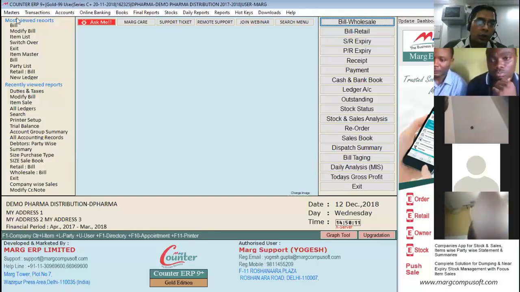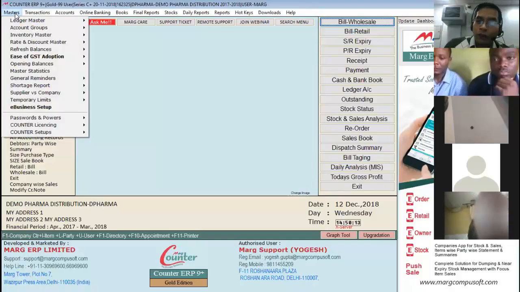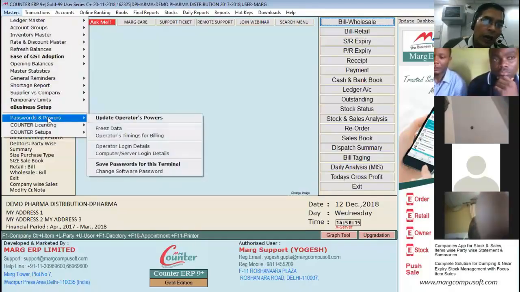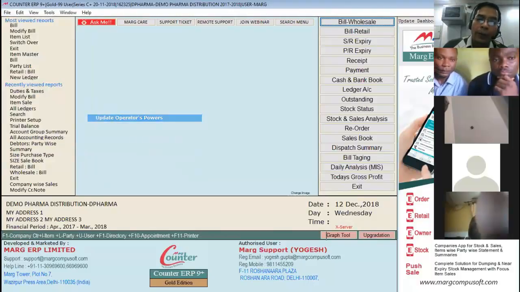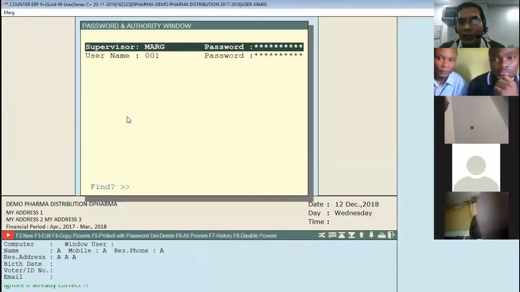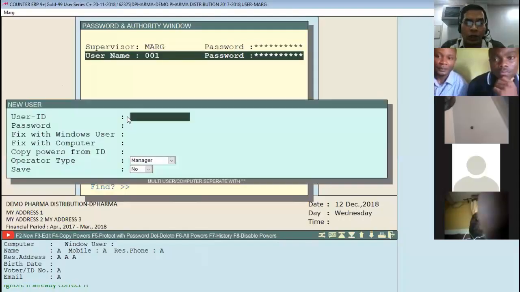Sir, to create a user, I have the master option. I'll be going to password and power. I'll click on update operator power. Right now I have two users here. One is Mark, one is 001. I make here a new user called Elvis.